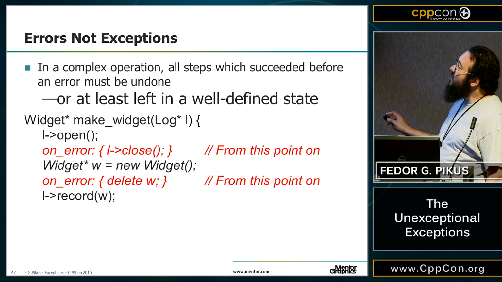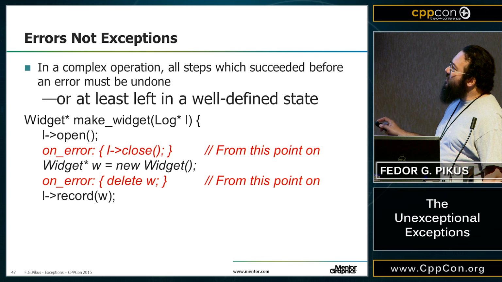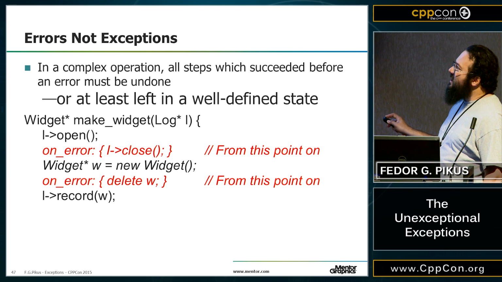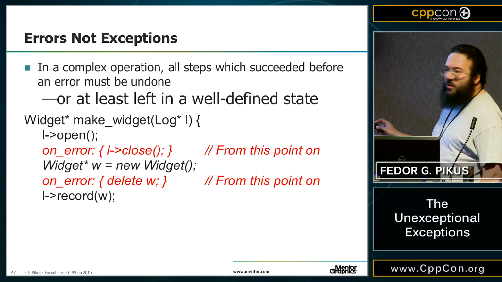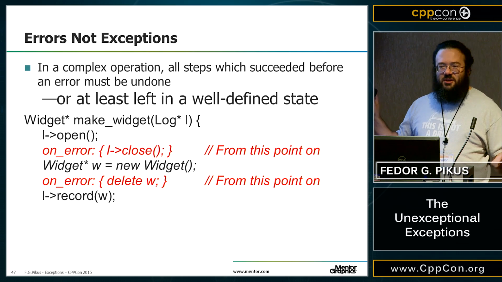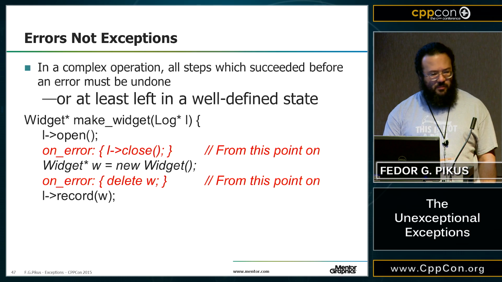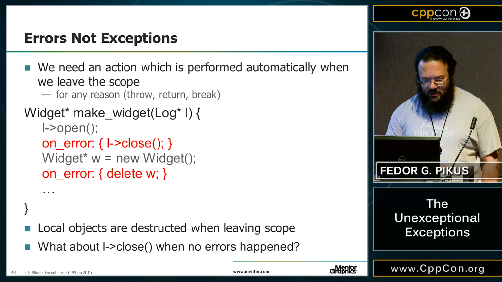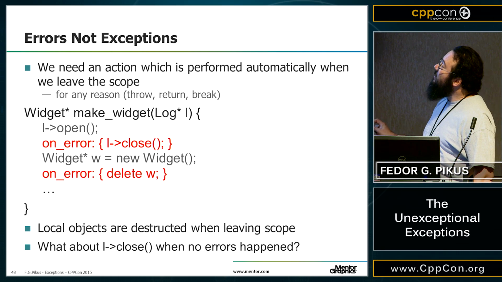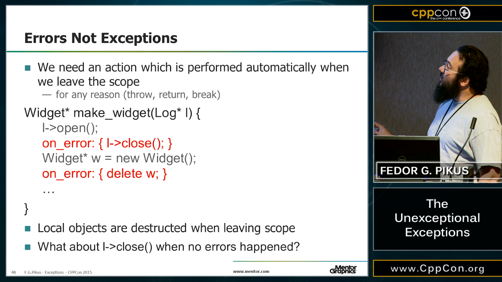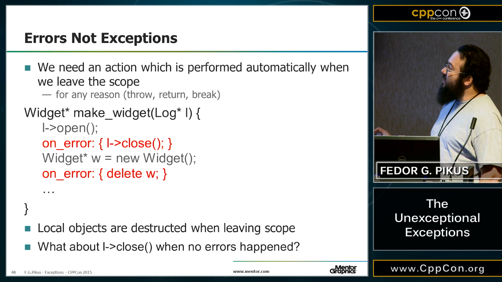Another way of thinking about it is, from this point forward, if anything happens, we have to close the log. From this point forward, if anything bad happened, we also have to delete the widget. We still have to close the log, but we also have to delete the widget. Again, this is not C++. This is annotations for us to pay attention to. So we need some kind of action that will happen automatically from a certain point on until the end of the scope. And then from this point on,